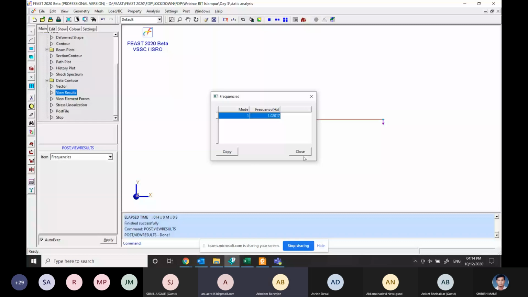I just wanted to clarify one doubt. If I give mass in any direction, and my load is on the bottom side, will my natural frequency come as 1 hertz, with the maximum in that direction, irrespective of whether I add mass in any other direction?